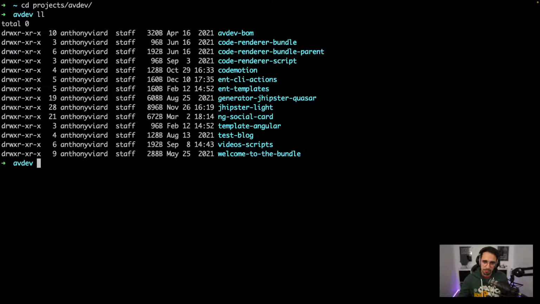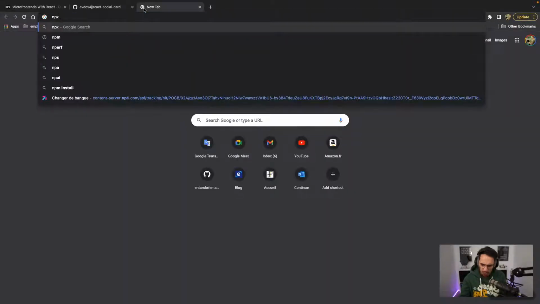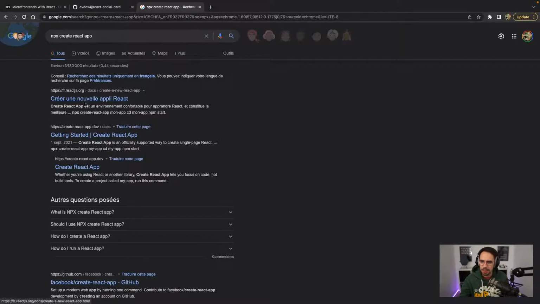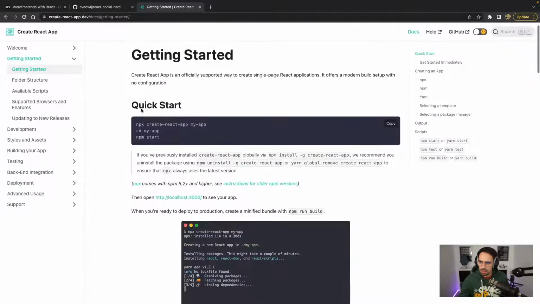I think I have ng social code here, so I can take React social code and npx create. I don't remember exactly what npx is. Create React app. So if you want to install it,